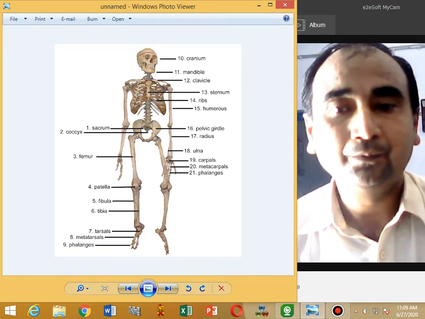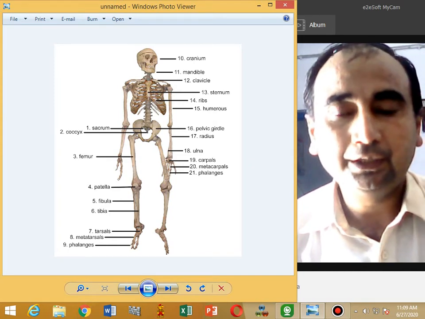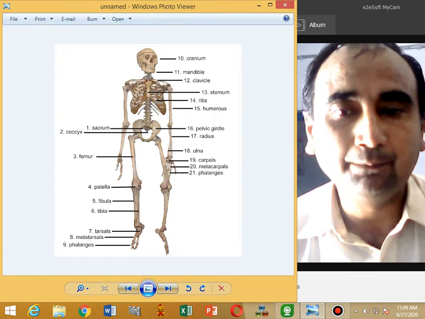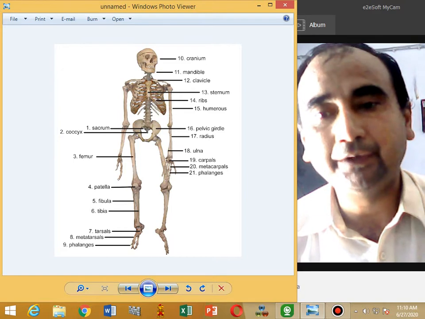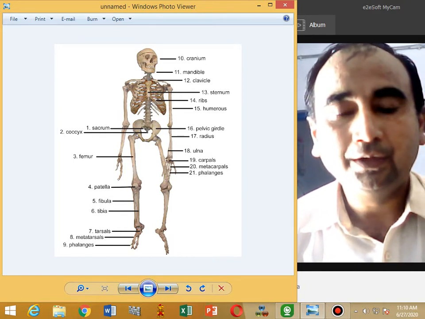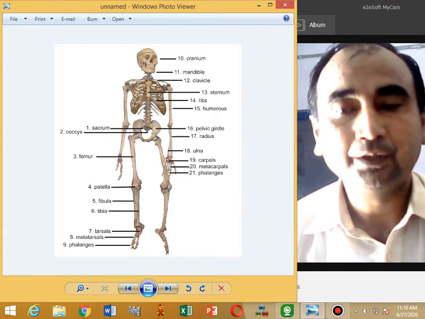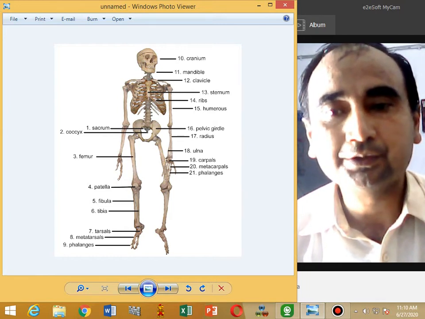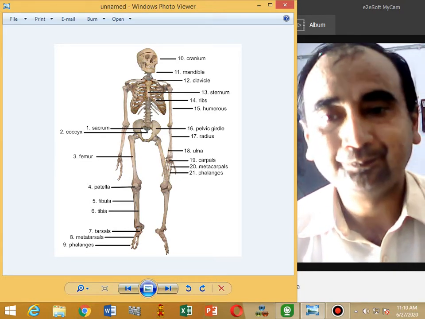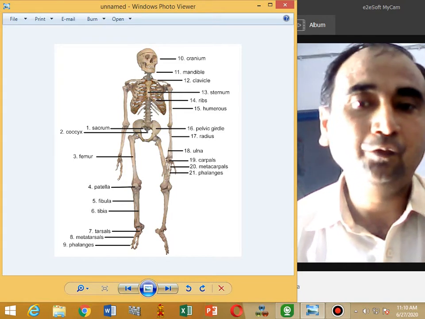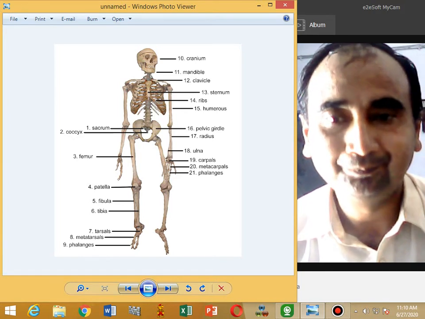There are 12 vertebrae in the thoracic region. These are called thoracic vertebrae, and 5 in the lumbar region. These are called lumbar vertebrae, and 9 in the pelvic region. They are divided into 2 sets. One is called the sacrum. It is formed by the fusion of 5 anterior vertebrae, and the coccyx is formed by fusion of 4 posterior vertebrae. There are 4 curves in the vertebral column to give it more strength than that of a straight column.